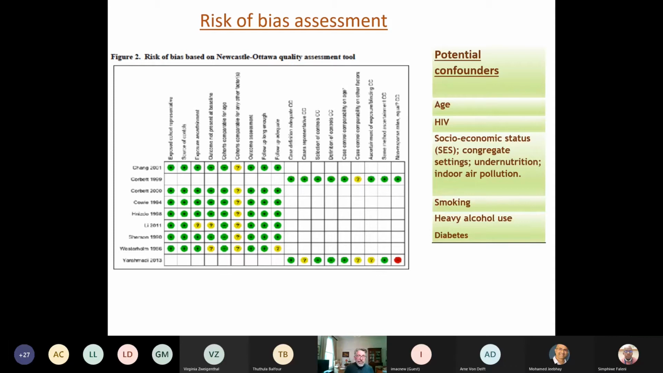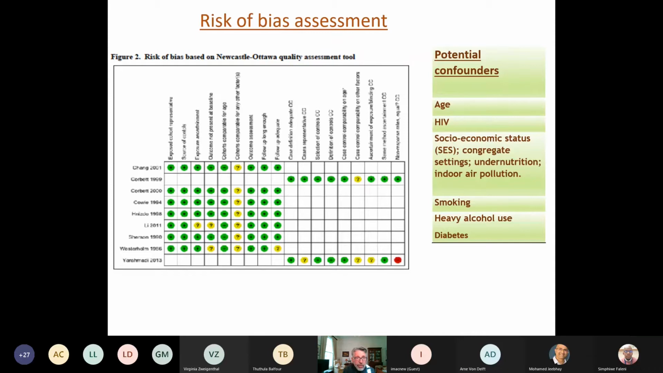We found 9 studies. I'm not going to go through all the steps of the systematic review because they are quite tedious, and for those interested, the reference will be in a forthcoming slide. We found 9 studies, one from Hong Kong, one from Taiwan, one from Denmark, Sweden, and Iran, and 5 from South Africa. This is the risk of bias